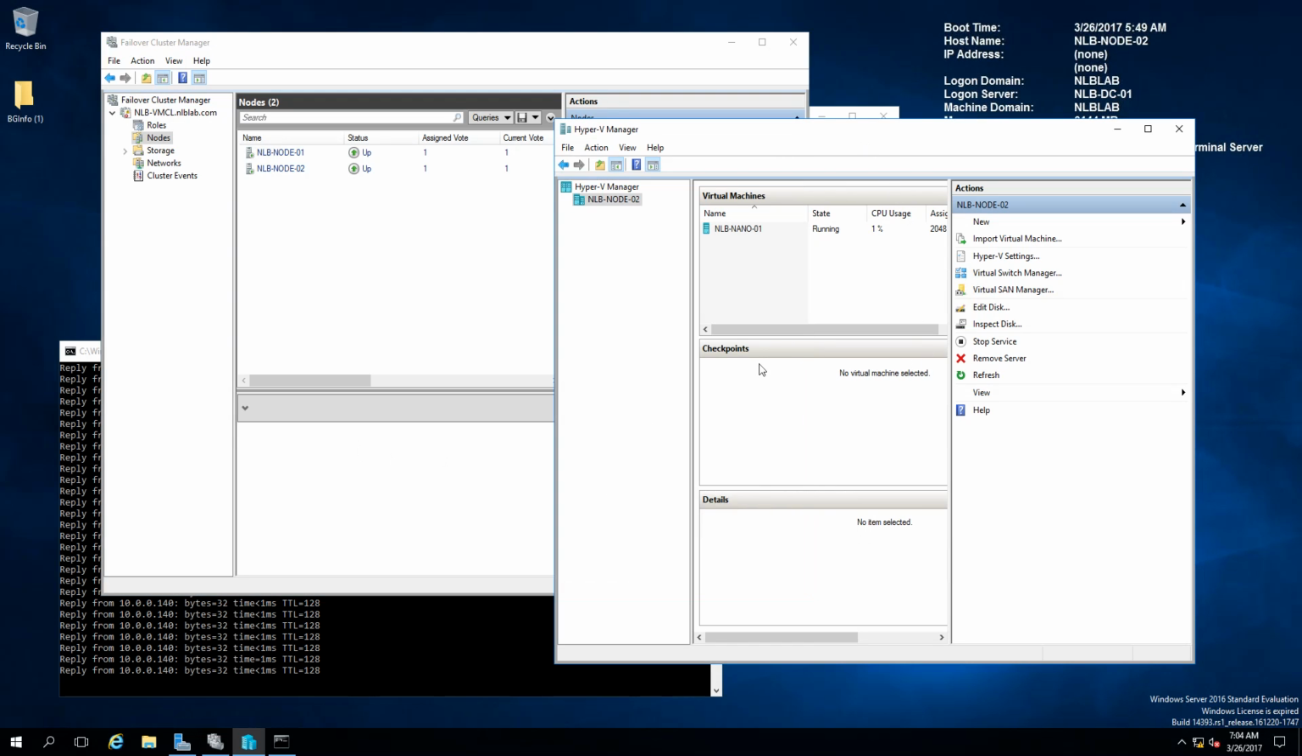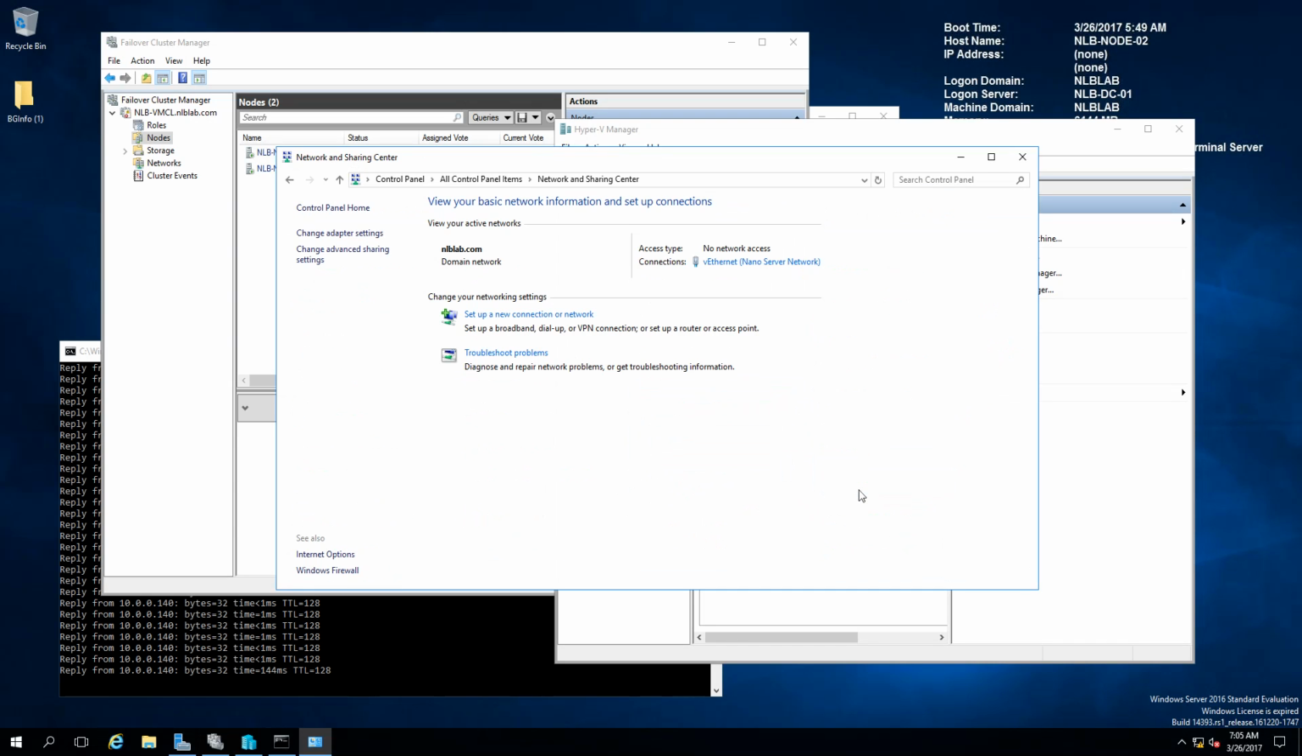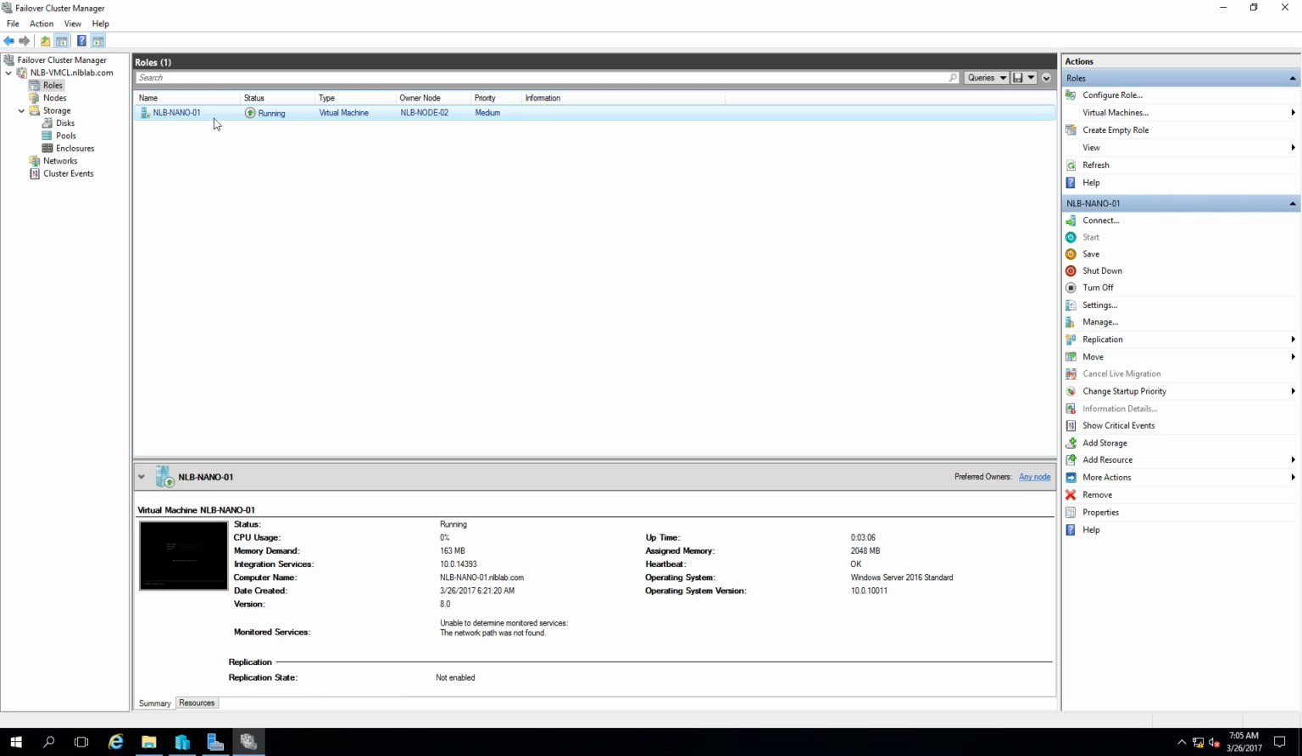So as we were talking, I'm going to disable the network card on my node 02 and monitor if the Nano server will be migrated to, fail over to my node 01. So I'm going to open the control panel, go to Network and Sharing Center, and you can see right here is the vEthernet network card that my Nano server is currently connected to. So I'm going to click disable on this one,